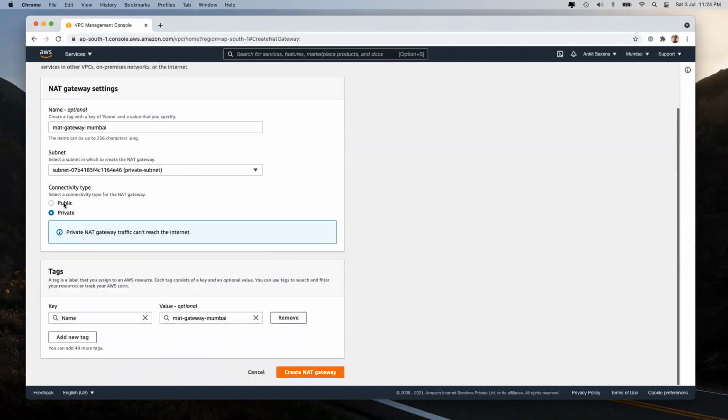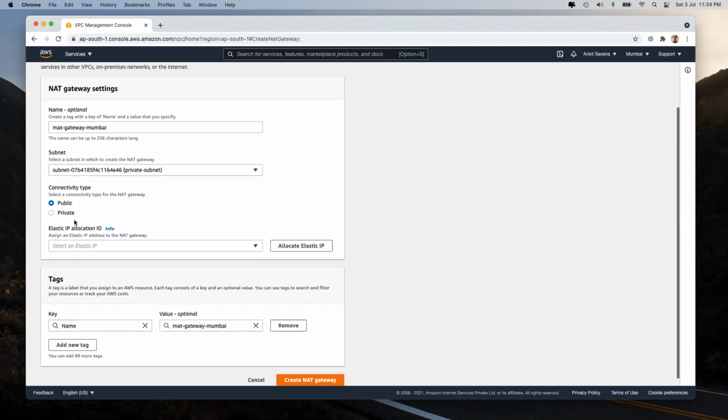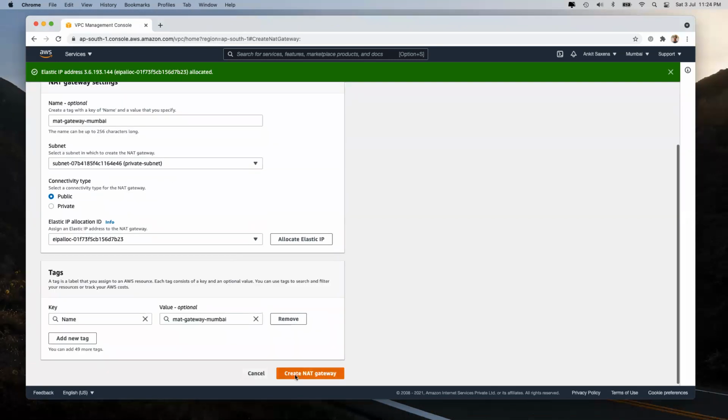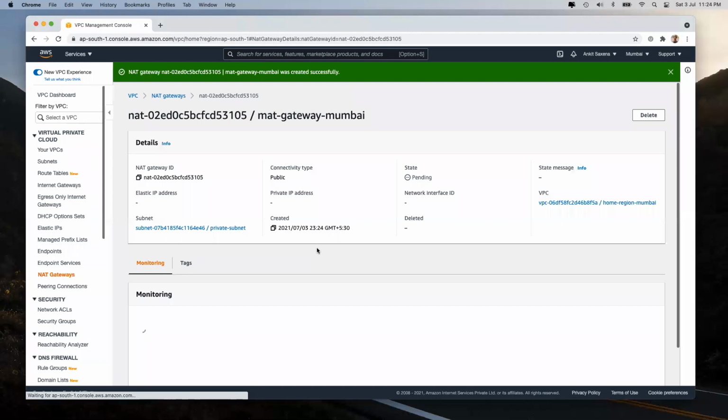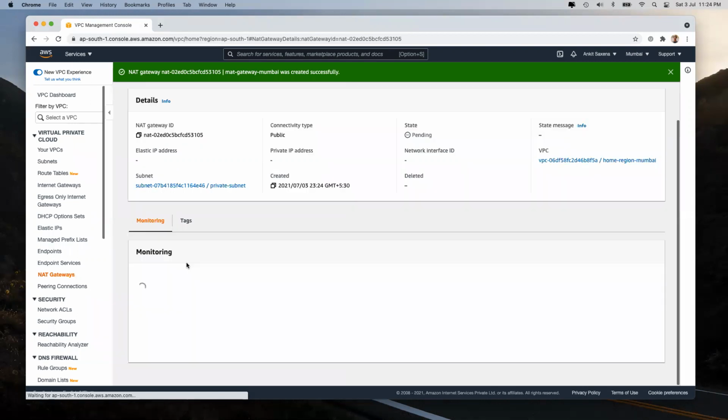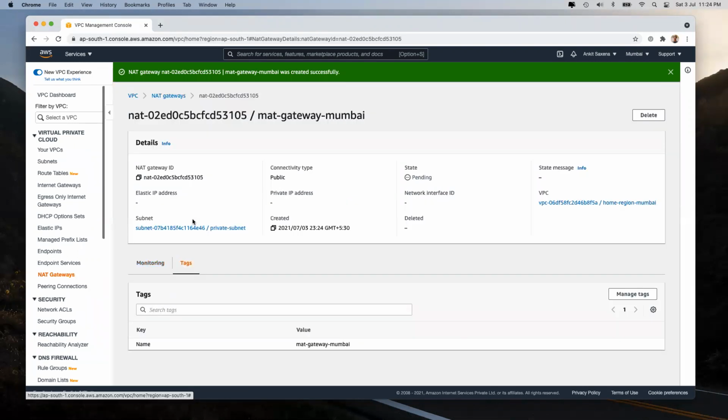And if I want, I can make it private, like we said that it cannot connect to the internet, or I can make it public. Now, if I have an Elastic IP, I can choose that Elastic IP over here. If I don't have one, I can just click on Allocate Elastic IP address, and I can click on Create NAT Gateway, which in turn means my NAT gateway will be created. Next step will be to add it to my route table. So a NAT gateway has been created, but until we do the entry inside the